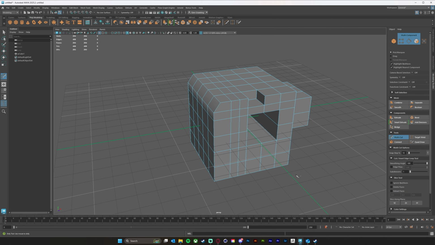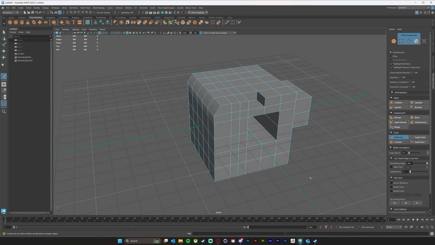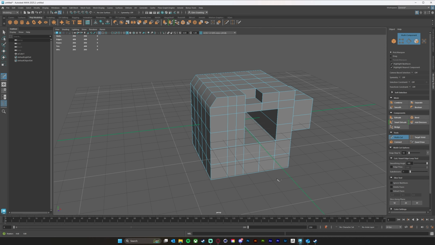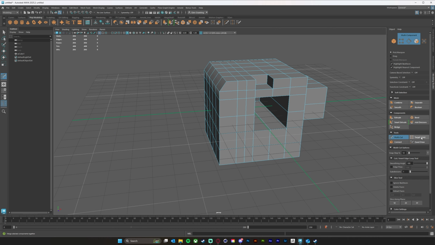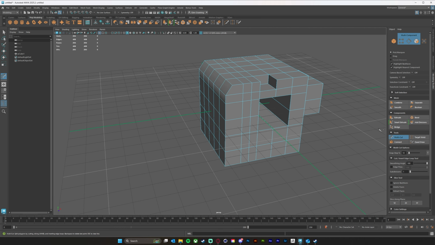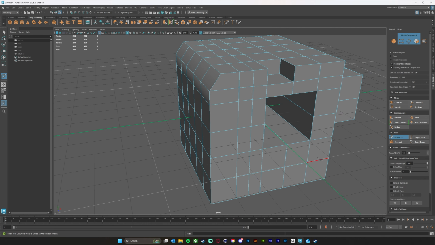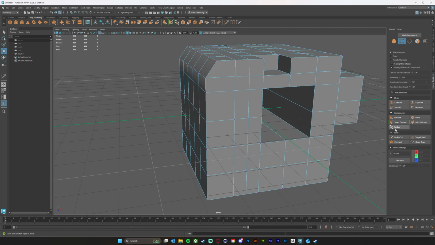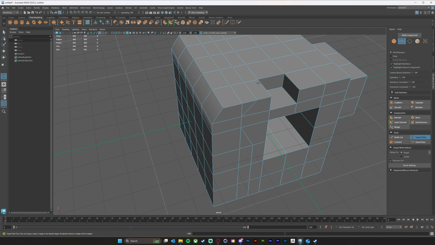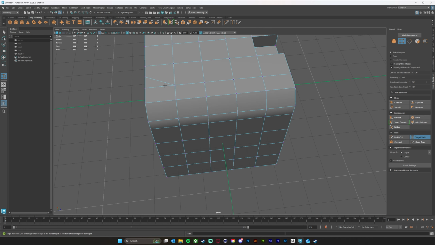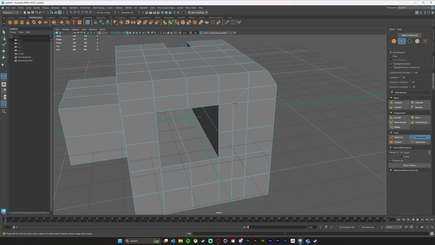The next tool that I use quite often is the target weld tool. And I actually want to talk about the target weld tool and the bridge tool together, because in my rankings of tools that I use a lot, they're probably up there pretty high, probably at the same spot. So what the target weld tool will allow you to do, if I go into vertex mode, is just weld one vertex to another. So I can go through this new edge loop that I created, and just go through and